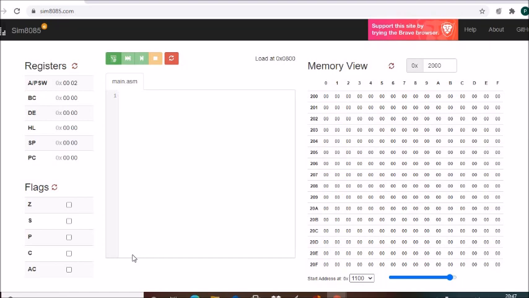For that I have refreshed all the memory, registers and flags. So let's write the code.